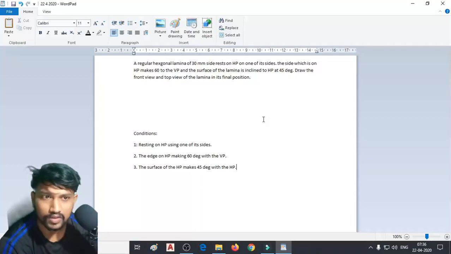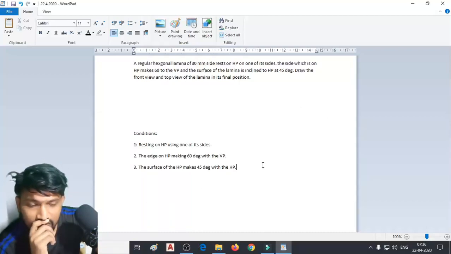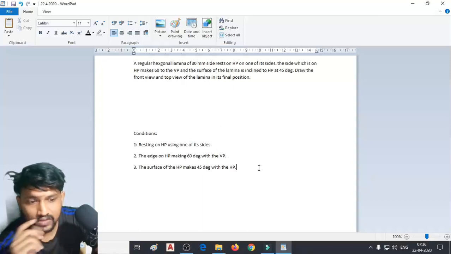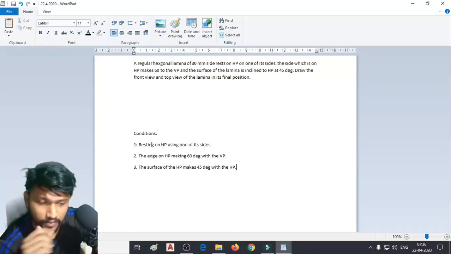Okay, initially we have to take them as having no angle, and then from the initial state we have to use the projections so that we can include the angle of inclination with respect to the planes. Once you're done with that, you can use the angle of inclinations and satisfy all the rest of the conditions. So the initial stage is the important one.